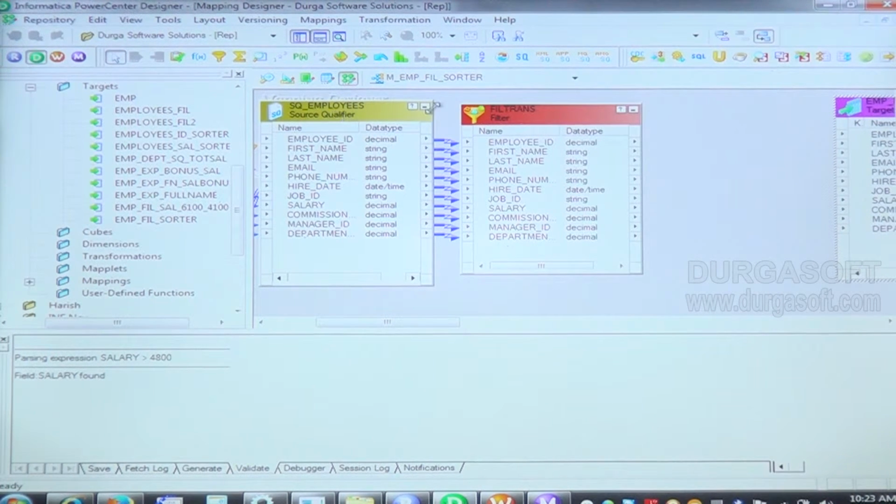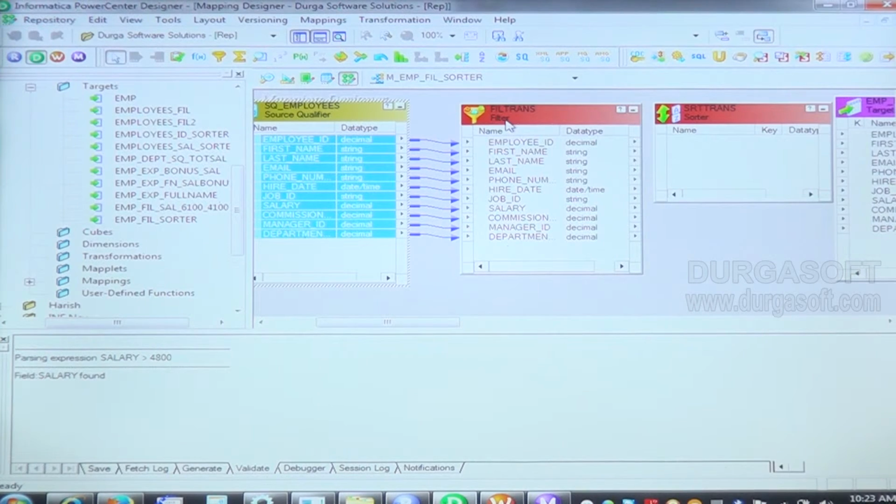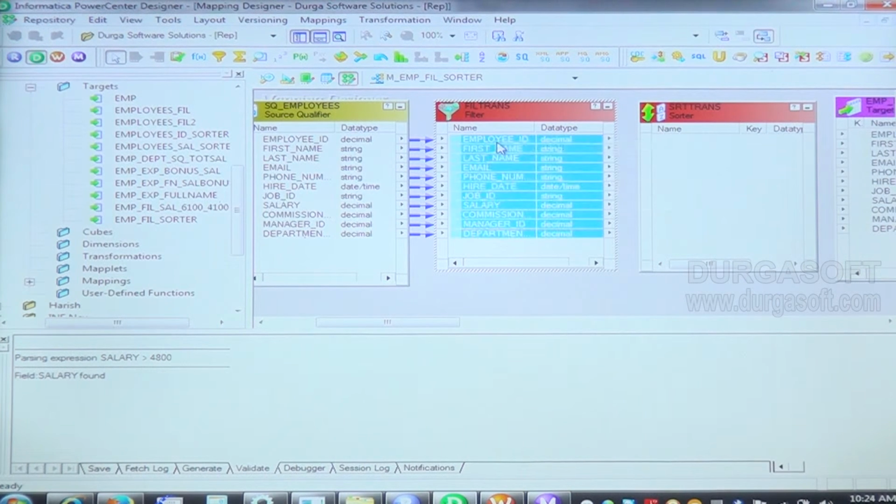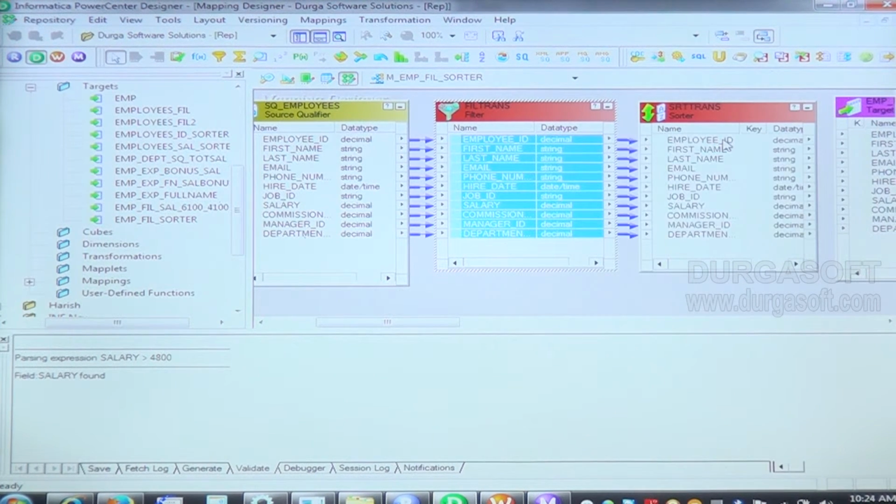And next we want to assign a sorter. In this sorter